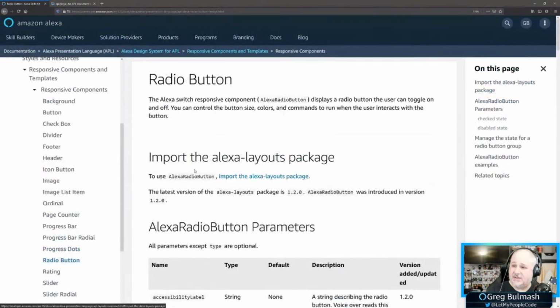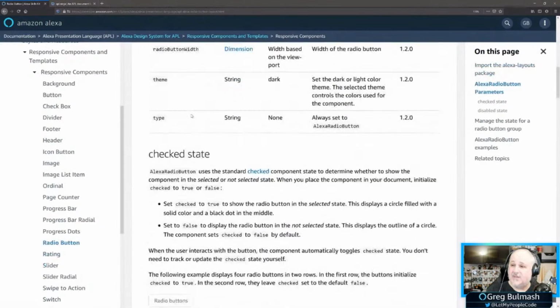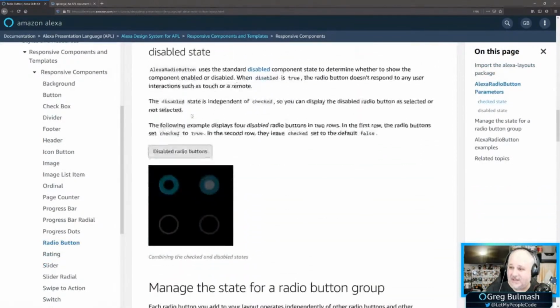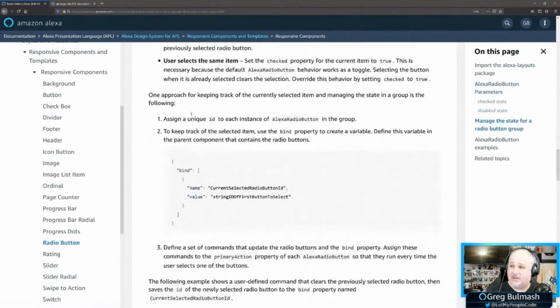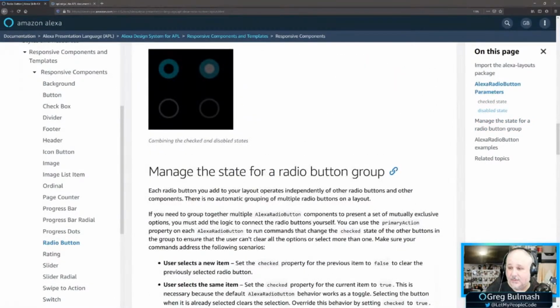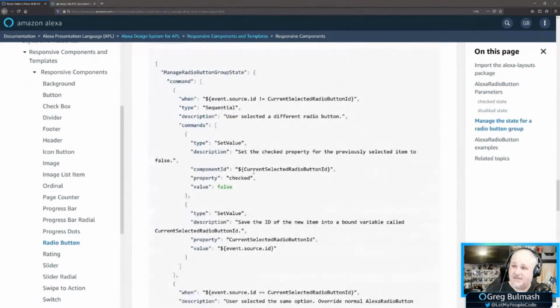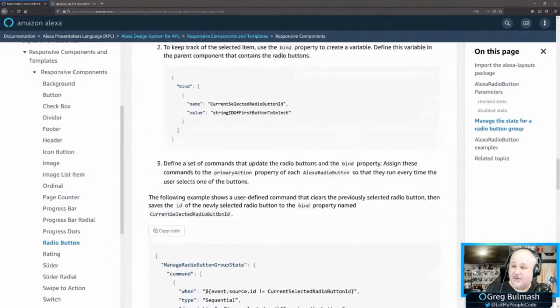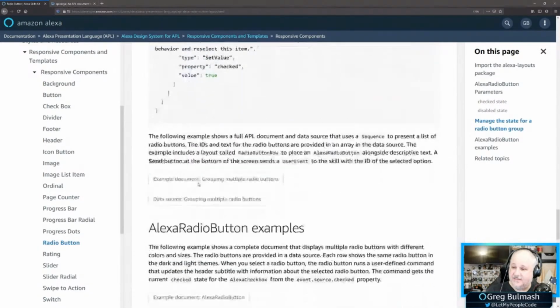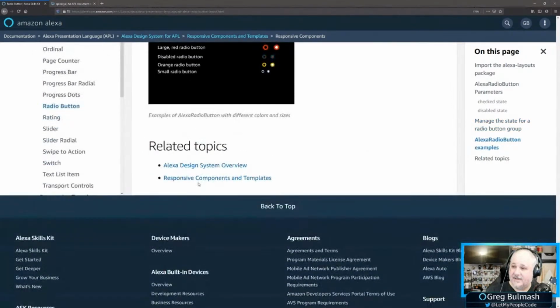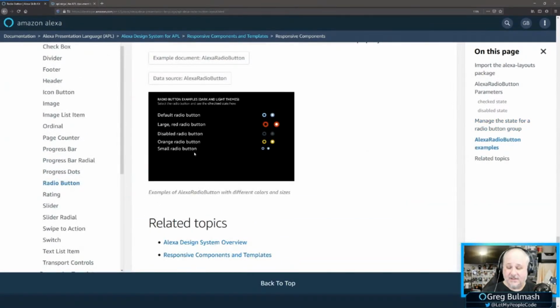But it's really useful to come through, see what your options are, see what you can do with these. Here's a radio button group, and grouping is how you would set it up so that only one of the buttons could be checked. And this has some code that you don't need to press a button to see. It's straight out there. So this is very useful. So this was get to know a documentation page.